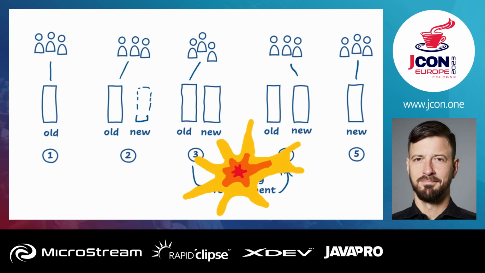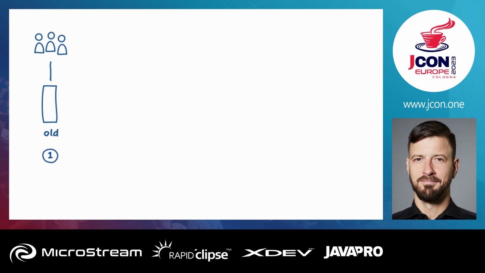But usually this does not work for big systems, because big systems are so big that it takes a long time to develop them, to finish them. So this idea of freezing the old thing doesn't work out, and this just flipping the lever for the whole system also doesn't work out. So a better idea is to do something like this. Start with the old system, of course, again, and then build a small part of the new system, and as quickly as possible get our users to use this piece of software in production.